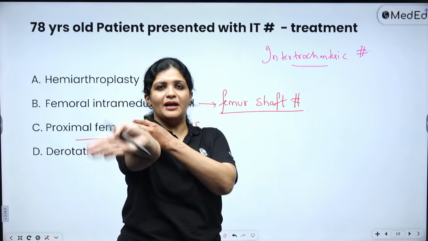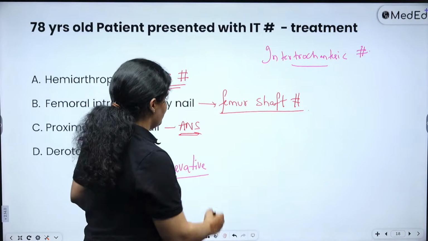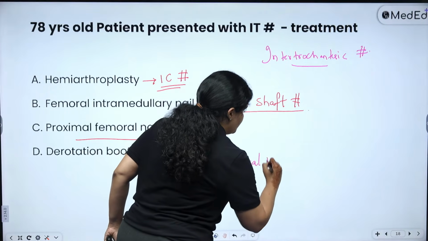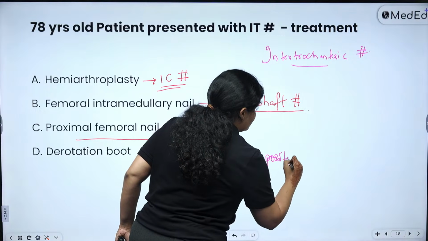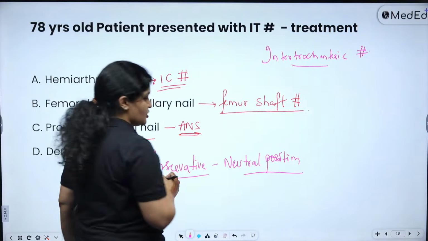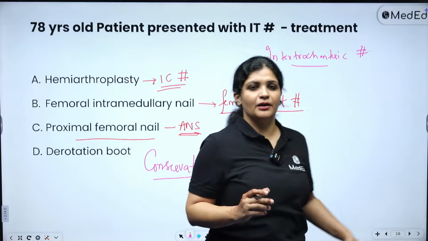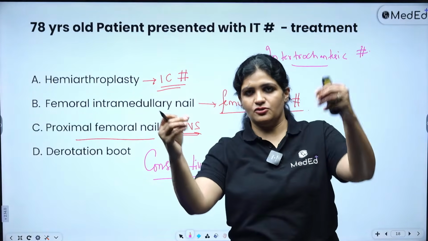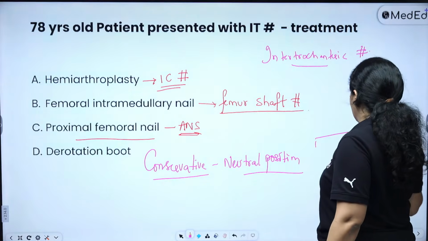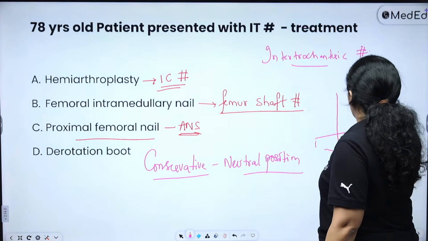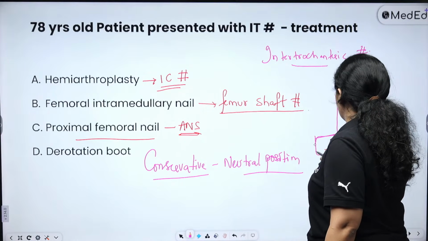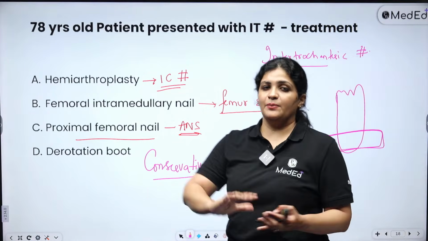So the distal part will go into external rotation to maintain neutral position. To maintain the neutral position of the foot, they used to give this derotation boot. So a derotation boot is nothing but a boot which will not allow the foot to either go external or internal. They will put a bar like this and then there is a boot. Okay, so this bar is present in the neutral position so that the leg will be in the neutral position